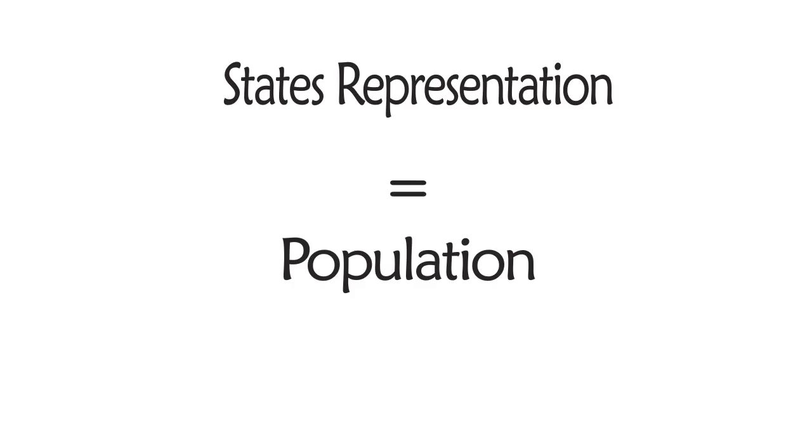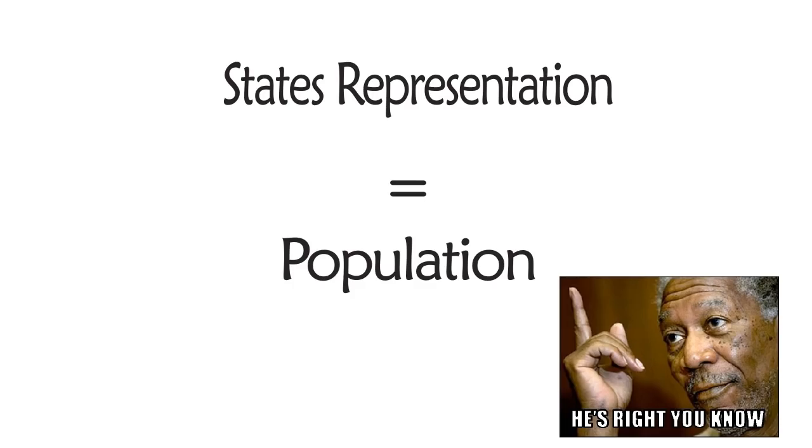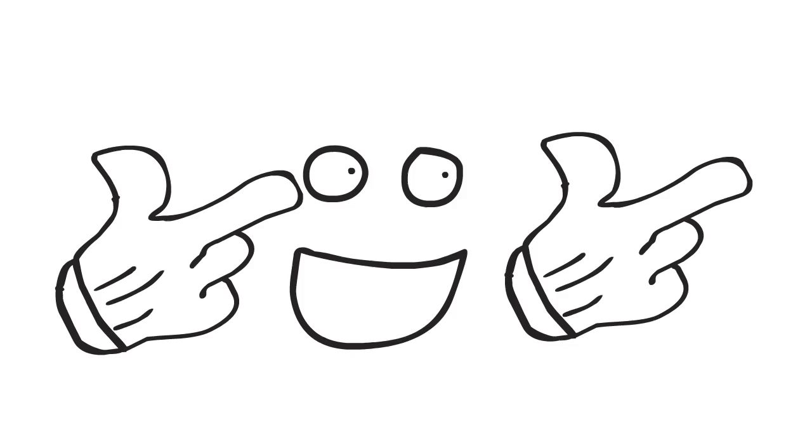In order to determine states' representation for the House of Reps, we have to know their population. We just gots to know it. So the Constitution sets that every 10 years, we do what is called a census, where we just go 1, 2, 3. There's 100,000 people in Georgia. Now we have more like 3 million, roughly.